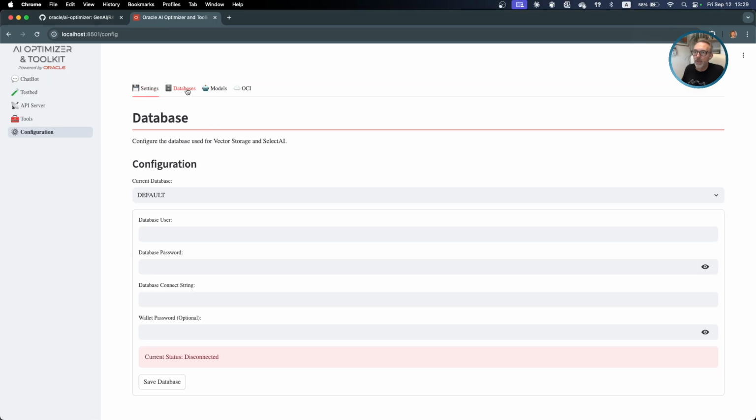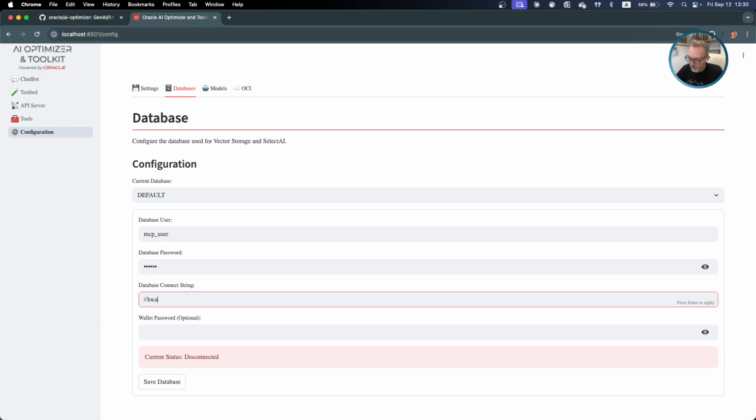Configuration, database. So the database user is a specially created user for this, MCP_user. Okay, I will not tell you what the password is, but you can use my database connection string, which is very simple actually, and you can use it as well.